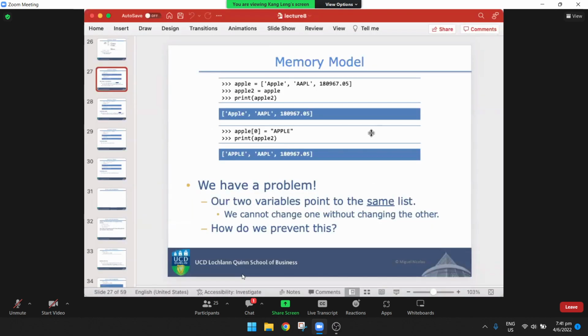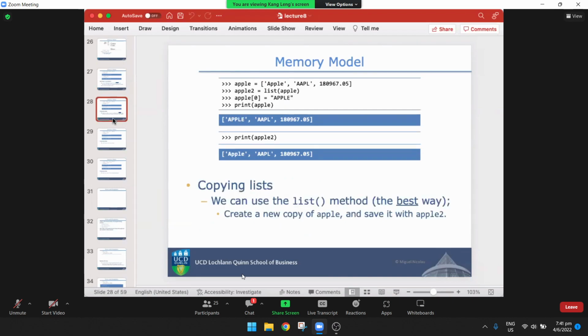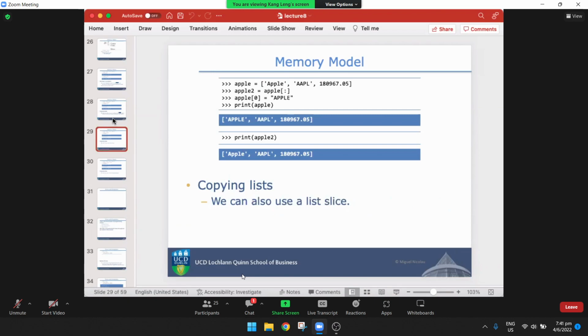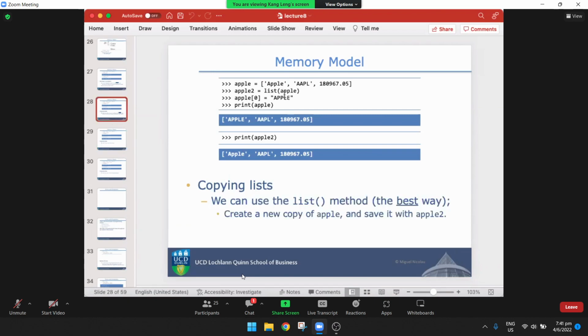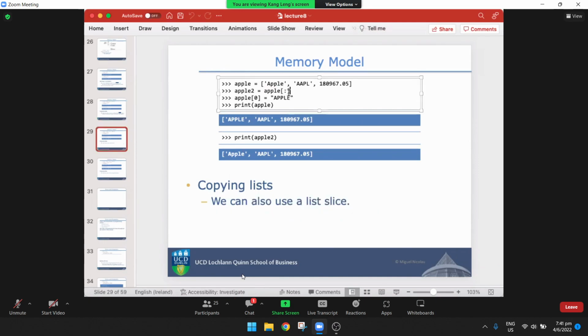Okay, so I believe you have no problems with these, right? This is all okay now. You can create using a list. You can create a copy using a slice, and that's what we did. We can create a copy using a list comprehension, which I didn't show you, but I think we've gone through